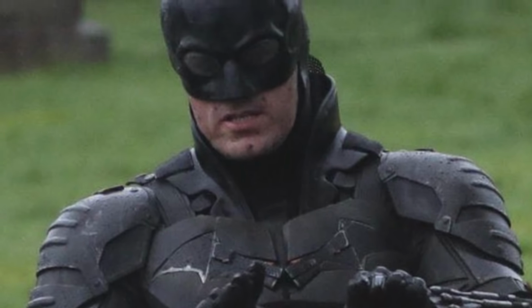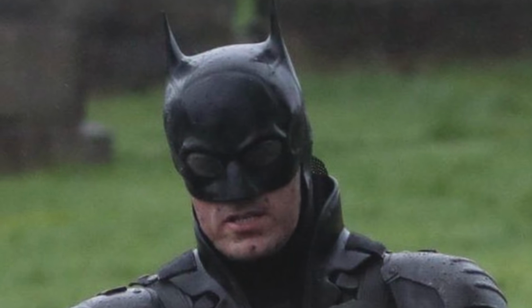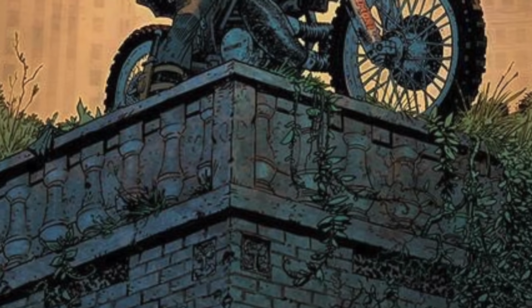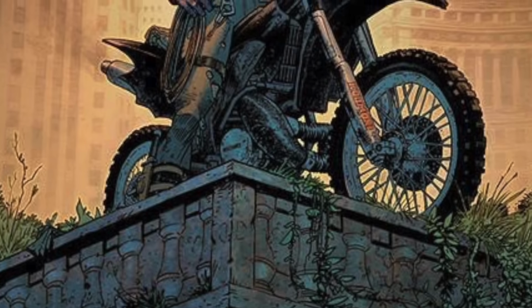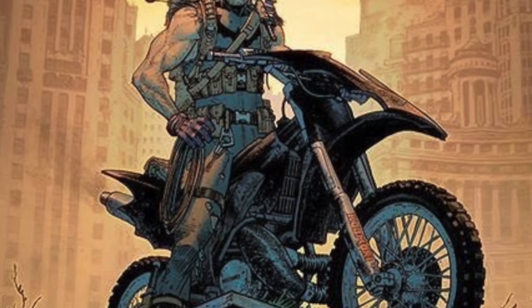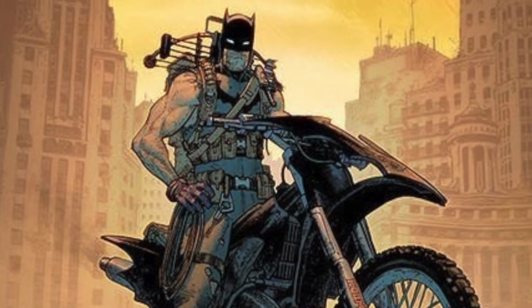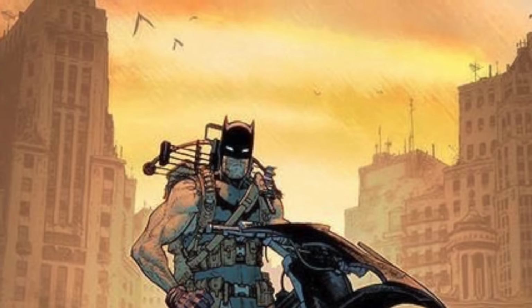this is based upon, and here's what I believe Matt Reeves is going for: Batman Year Zero. You look at this outfit, Batman on the motorcycle, and the fact that some people were even bringing this up and telling me about it before we got these leaked images. Major kudos to you guys, and while this is a tad bit different than Batman Year Zero, it's a bit more armored up. There are a lot more gadgets, and I know Matt Reeves has said this in the past, that he is going the very detective route, the gadget-driven route of what Batman used to be, and really was